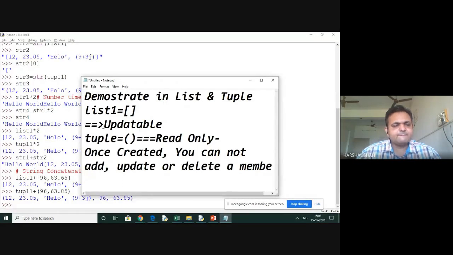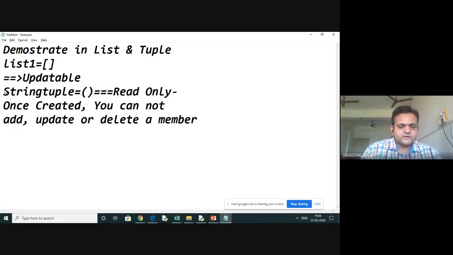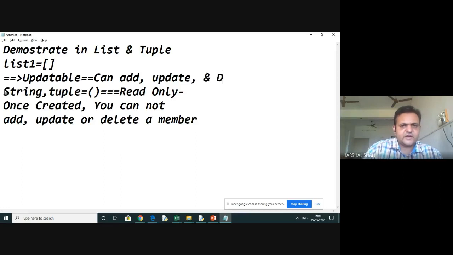Remember this, right? When we start with this, I will make you note these things in your mind. Tuple is read only, list is updatable, and obviously string is also this way only, right? You cannot modify it. Yes, you can create a new one, and that way you can update the string. Same way with the tuple also. So string and tuple are read only, list is updatable, so you can add, update, and delete also. Okay, hope this is clear.